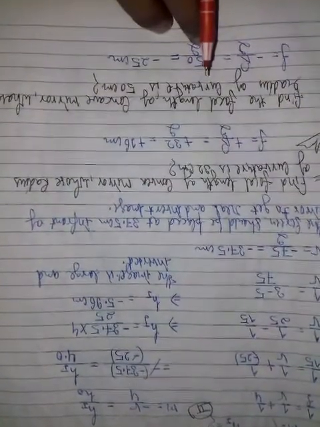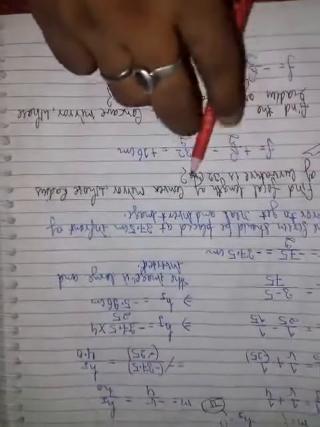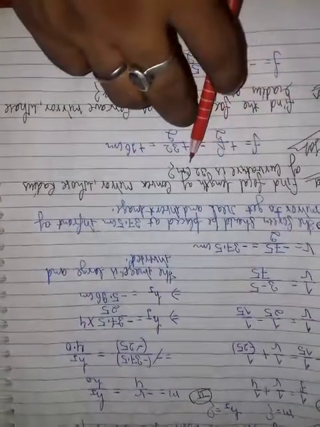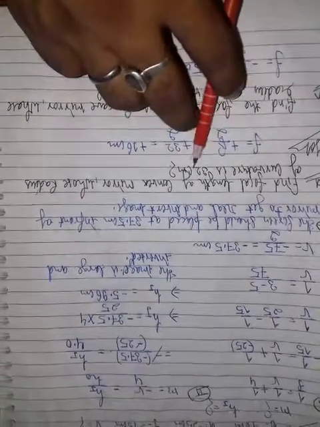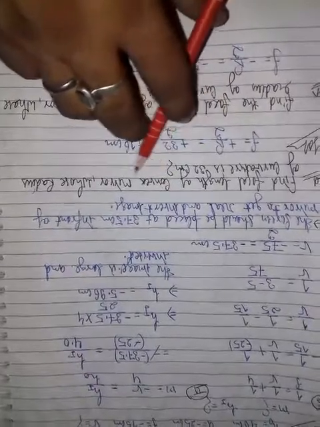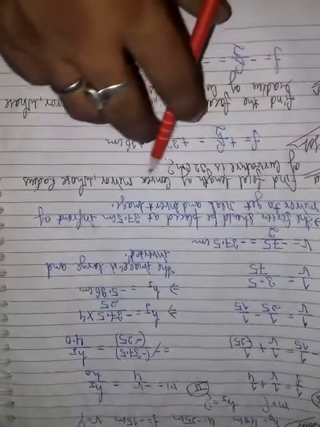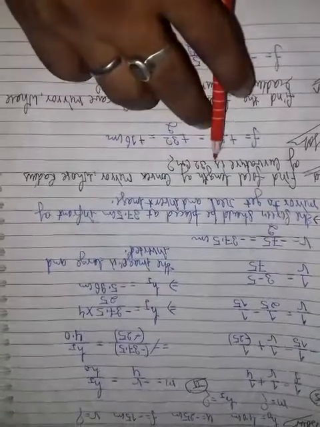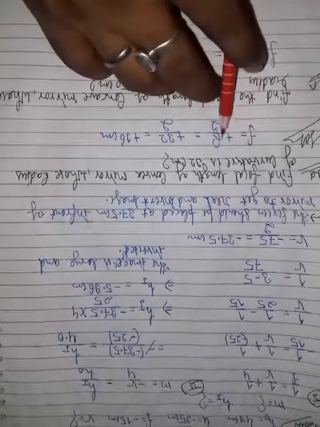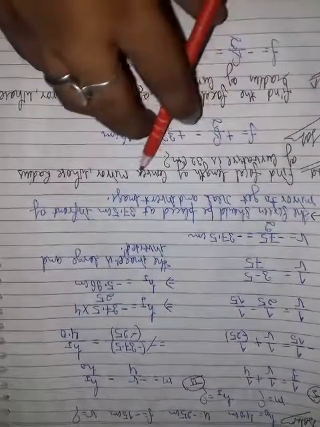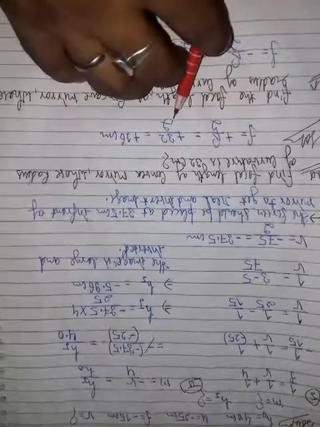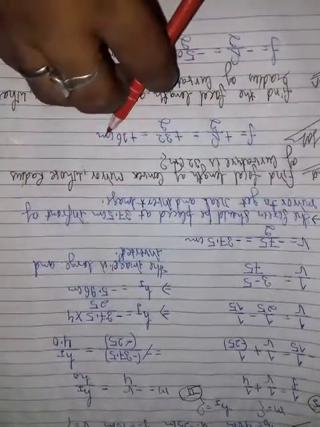We are moving to the next question, that is to find the focal length of a convex mirror whose radius of curvature is 32 centimeter. First we notice what the question is asking for the mirror. The mirror is convex and the radius of curvature is 32, so we put a positive sign for convex mirror, and putting the value, 32 radius of curvature divided by 2, that is plus 16 centimeter focal length